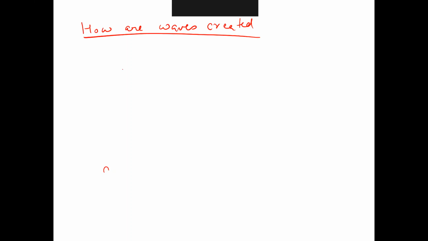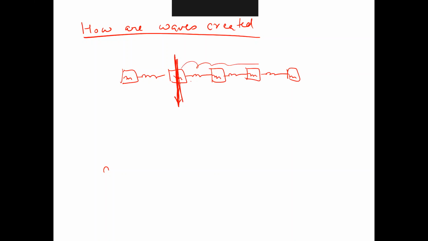One simple experiment you can easily do is, let's say you have a mass and a spring, masses and springs connected all together. If I move one of these masses down, what would happen? This mass will start to oscillate around this region, but the energy will start to travel forward too. So there is an oscillator in space here, which is allowing this mass to move around in its local position,